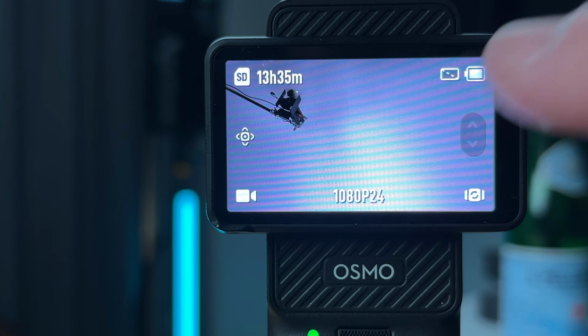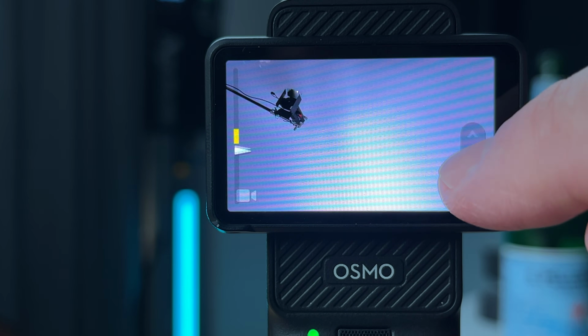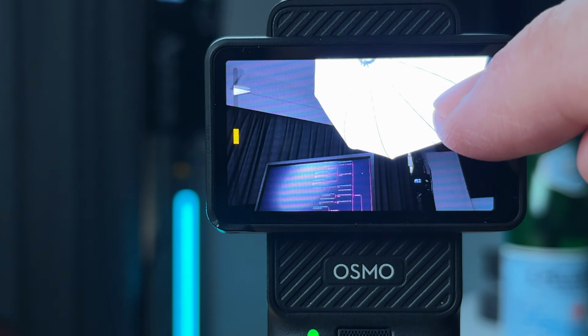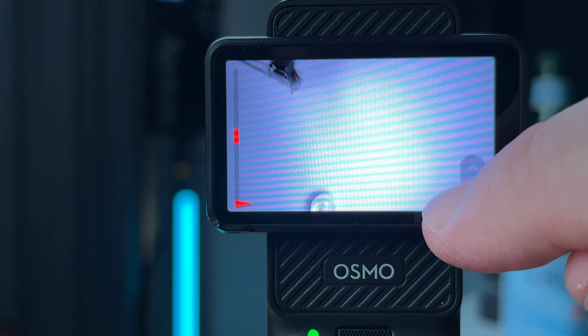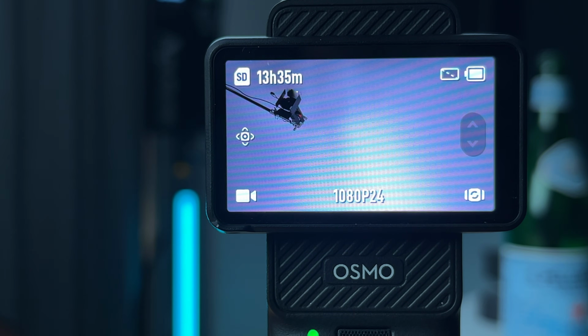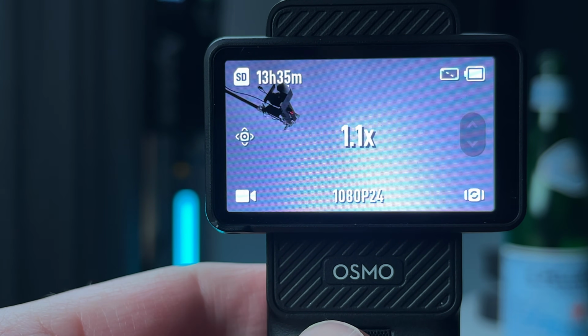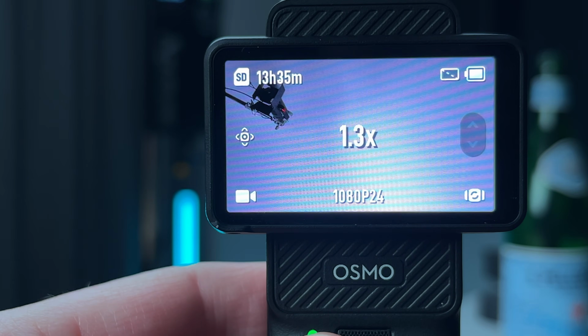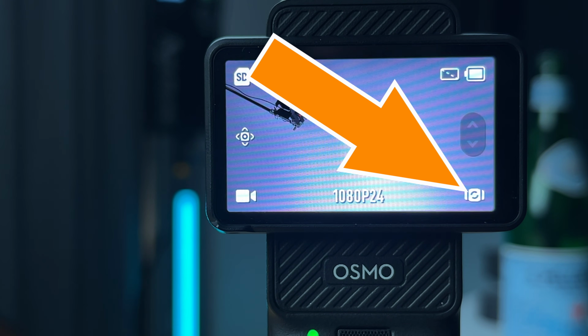If we tap it and now touch and drag this up and down, we're now moving the gimbal up and down rather than zooming in and out. Also now the 5D joystick, if I move that up, this time operates the digital zoom instead of moving the gimbal. This symbol on the bottom right allows you to quickly change the gimbal, so if I